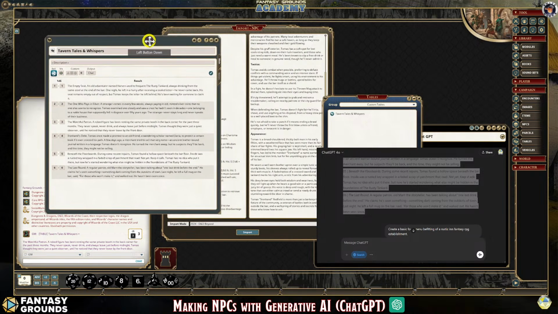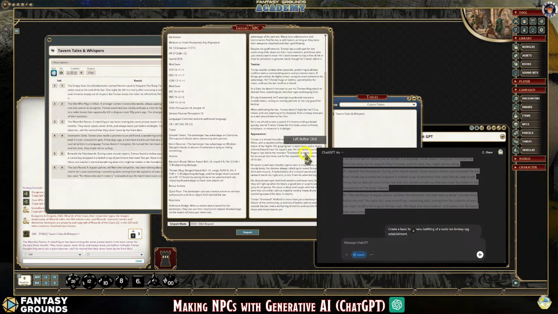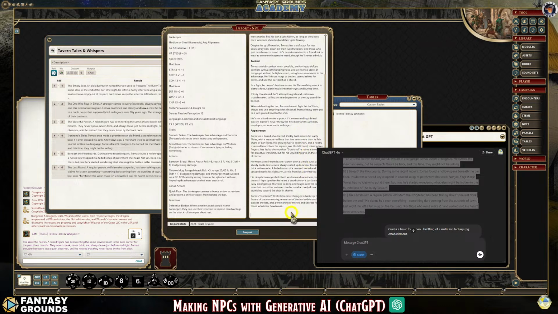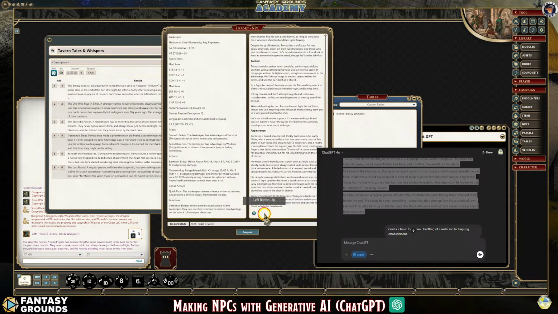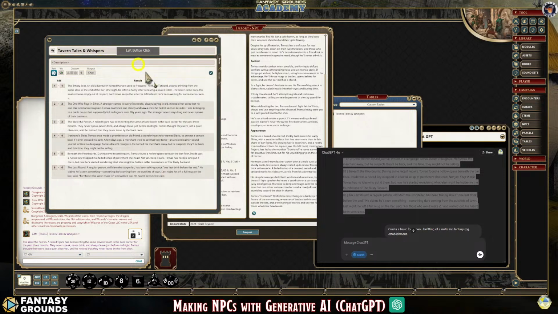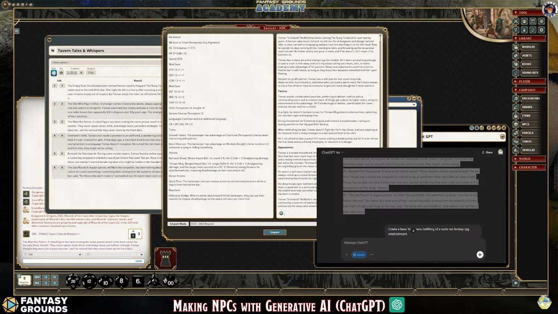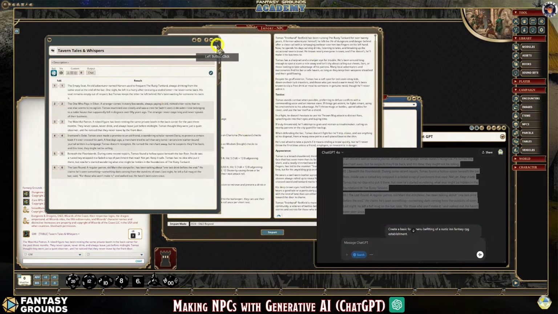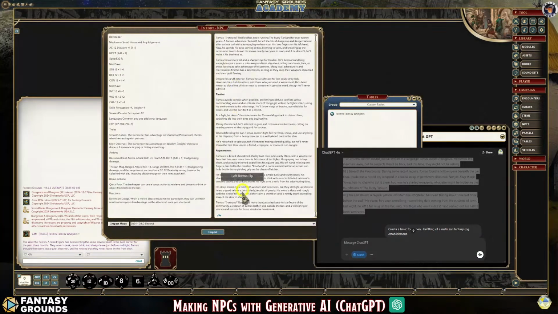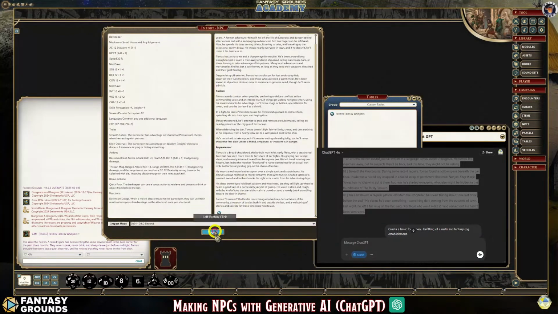So what I can do with that is link this to the NPC. So before I even import it, I can link this table to the back of the NPC sheet. And the reason I would do that is so that I have the content ready to go if I was going to be playing in the game. And you can also do this after the fact, so you don't have to do it right now. So once you have everything set up, your artwork and everything, then you can get import